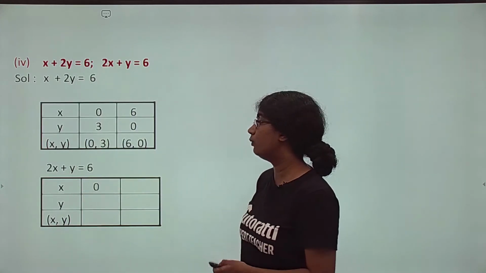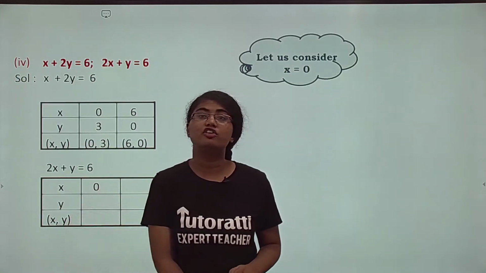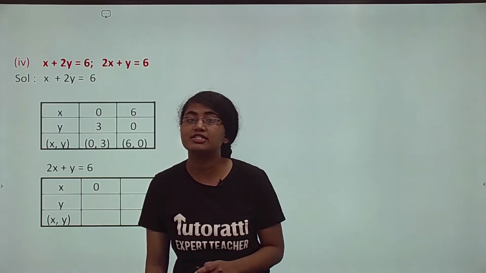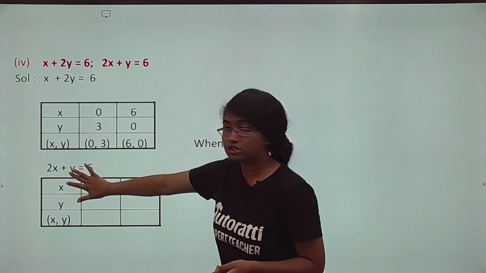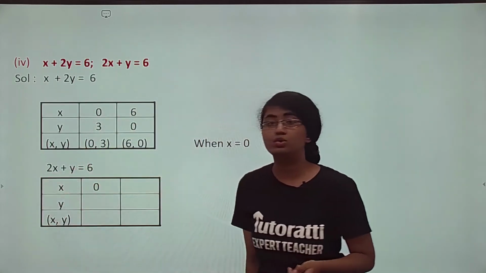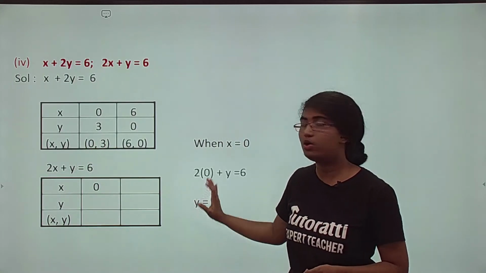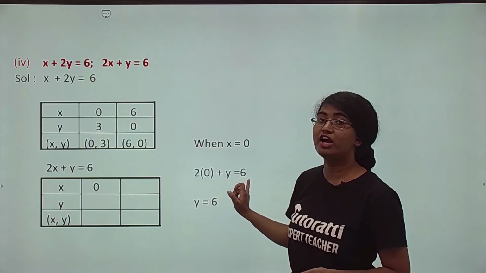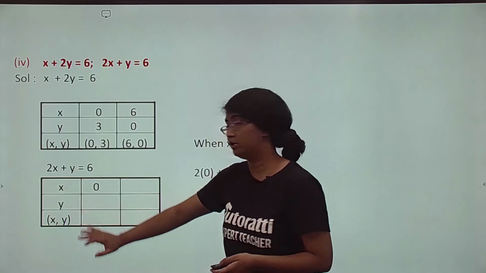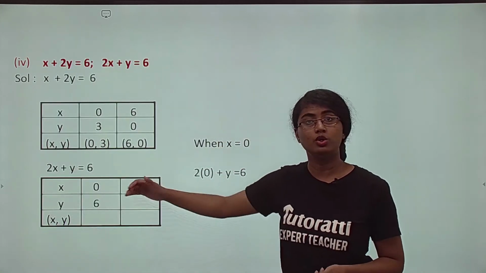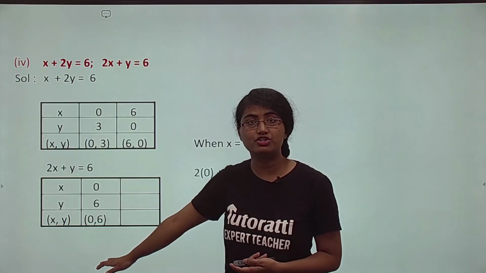Okay? Now, again मैंने x की value 0 से शुरू किया. Let us assume the value of x is 0. So when x is 0 क्या होता है? When x is 0, your equation, now this is your equation, यहाँ पे 2 times 0 plus y equals 6. 2 times 0 is 0, ये eliminate हो गया, y is equal to 6. This is the answer. ये कहाँ पे जाएगा? Below your 0. So the coordinates will be 0, 6. Is this easy to understand?